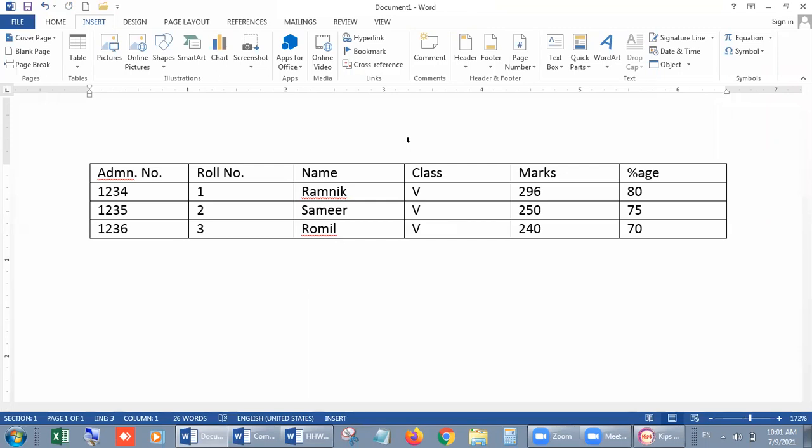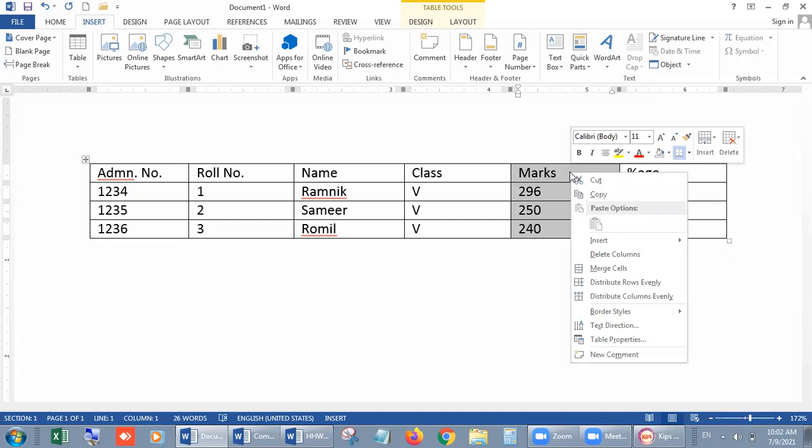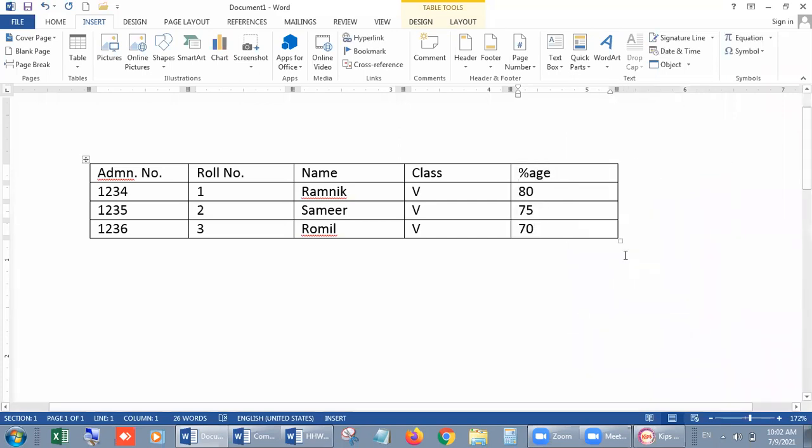Okay. And if you want to delete a column, which column do you want to delete? Suppose we don't need marks, we just need only percentage. Go on it, you will get a big black arrow. It means it is ready to select the entire column. Click on it, right click inside it, and you will get the shortcut menu or context menu, you can say. Both names are used for this option. It always opens with right click. Now delete column. Look students, our column is deleted.